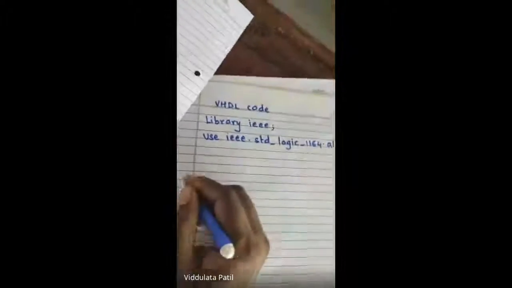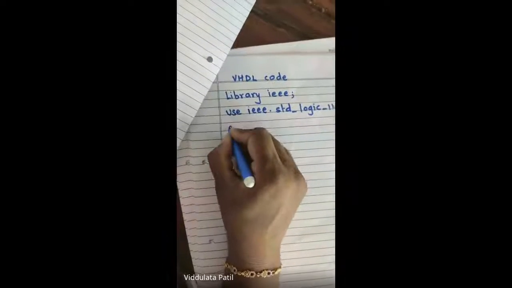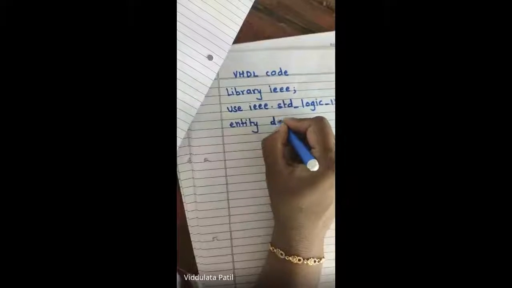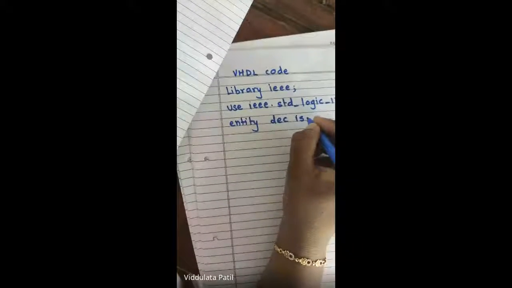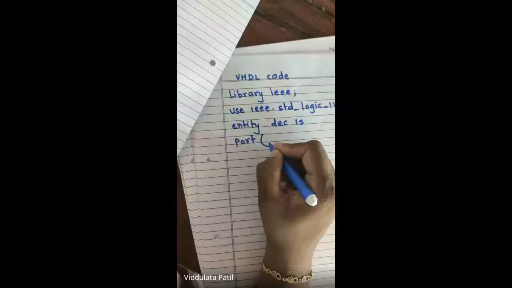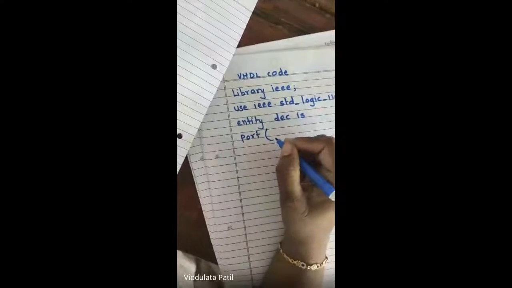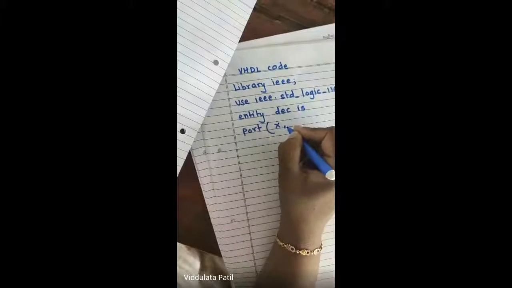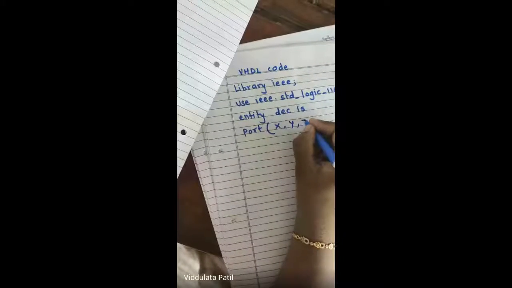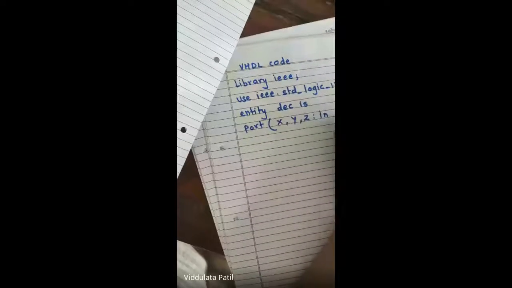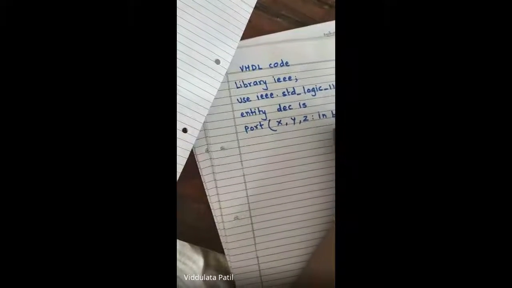Then after that, we need to declare the entity. So entity. Let us give the name, that is DEC, okay, and then port. So here we have three inputs X, comma, Y, comma, Z. All these are of input mode and of bit type.